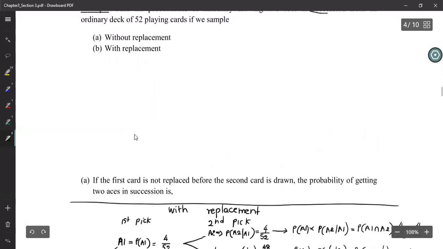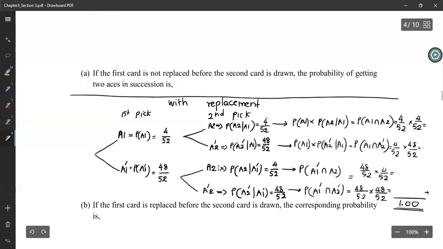Okay. Right. Let's go back to the without replacement. Now since you know with replacement, it's easy. What will happen in without replacement? Now there's going to be a small difference. Okay, it's going to be a small difference. Now let's go back to this with replacement. When you do with replacement, whether your first pick is an A card or not, does that affect the probability in the second pick? What do you think? Whatever card you pick in the first pick, will that affect the outcome of the second pick?